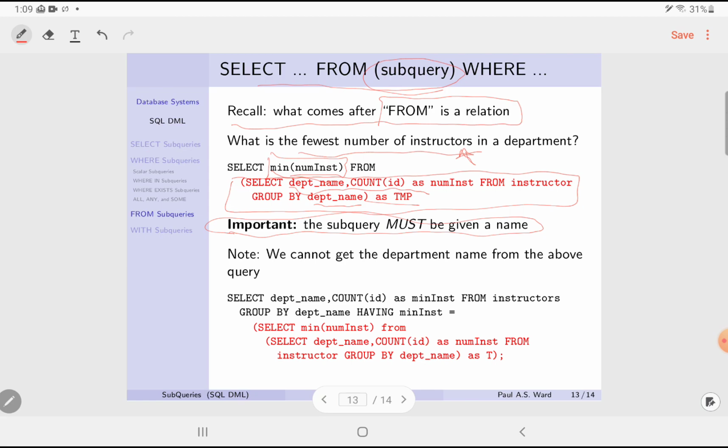The second one, you can't get the department name from this query because this is an aggregate query. And so we can't use aggregate data and non-aggregate data together. So how can we get it? Well,